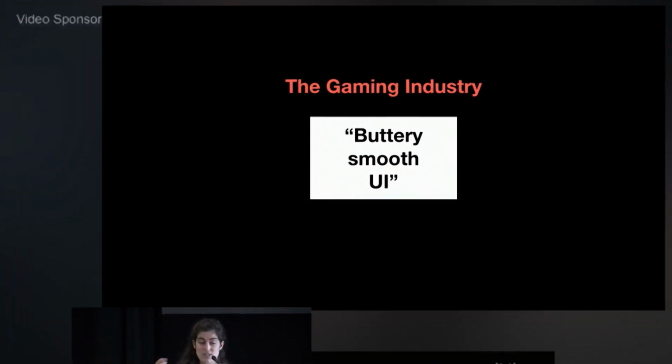And the reason that I hone in on this is, and to be fair, the Flutter team has moved away from this in their marketing materials. It's no longer the only thing they talk about, but it used to be, so sorry, Flutter. But the reason they lean into this is that their architecture is actually built specifically to optimize for this problem. And it shares this with another industry that I know nothing about, so it's great that I'm referencing it in a presentation where I'm supposed to be an expert, which is the gaming industry.